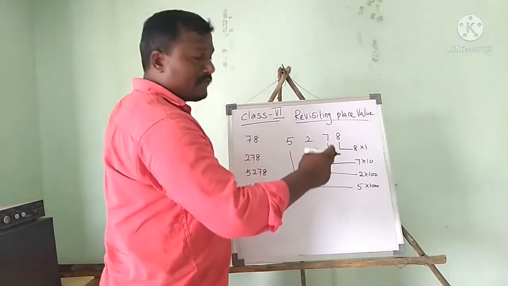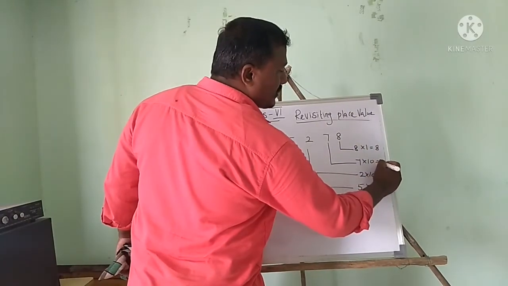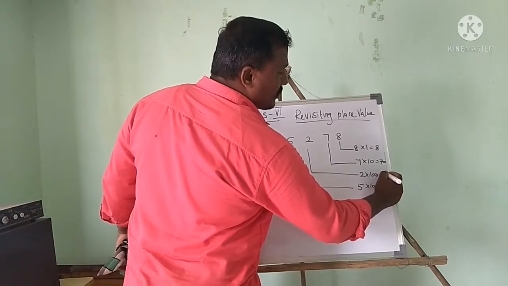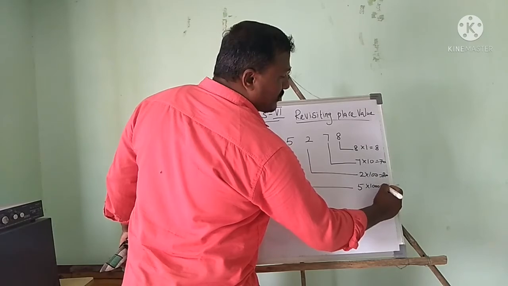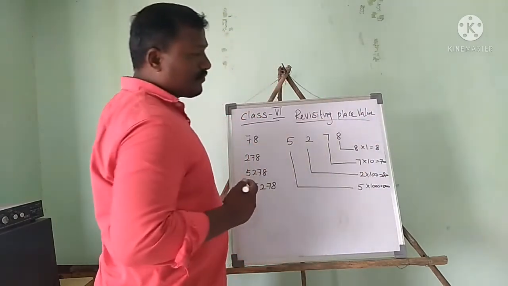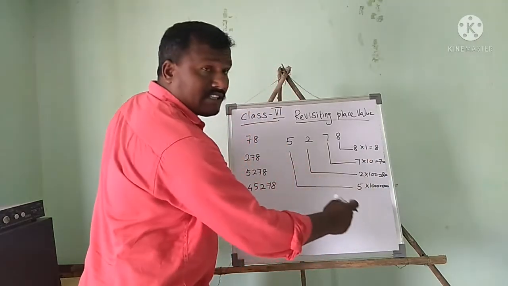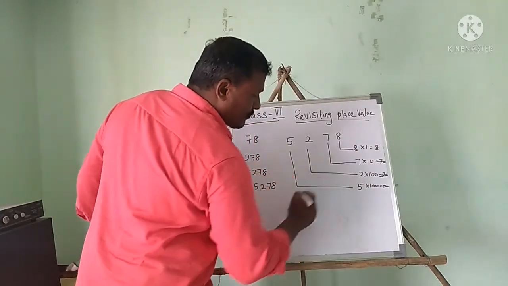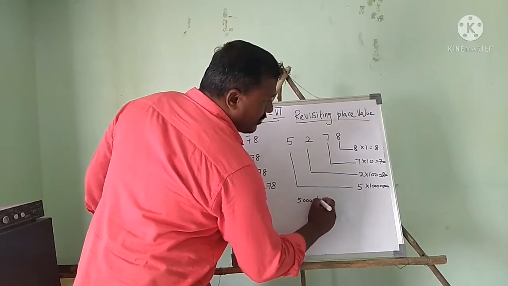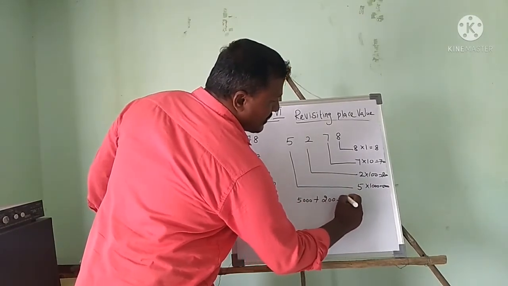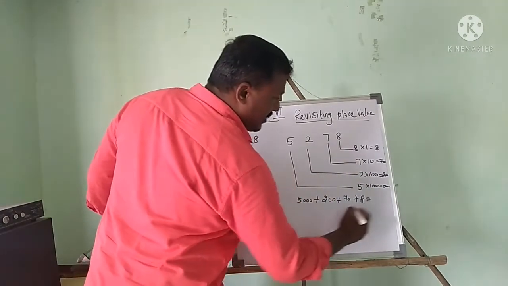Now you want to multiply. So 8 ones is equal to 8. 7 tens is equal to 70. 2 hundreds is equal to 200. Then 5 thousands is equal to 5000. It's clear? Okay, now I will add. So first I will write all the numbers. First I will write the big number. So 5000 plus 200 plus 70 plus 8. If you add this,